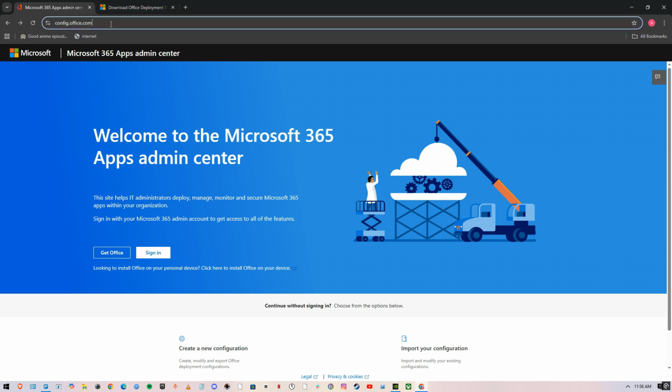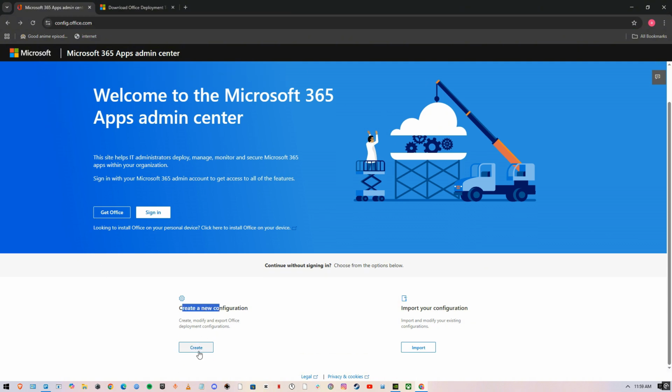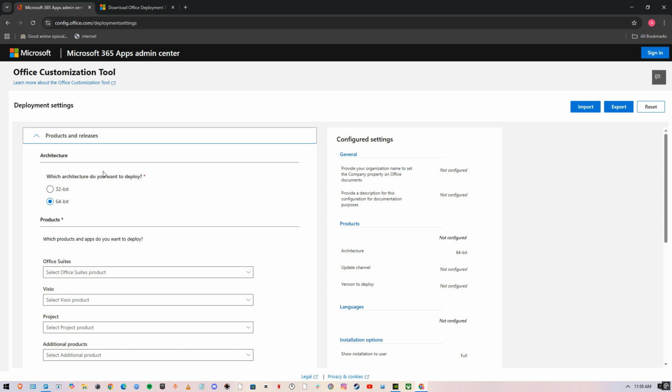first up you need to search up config.office.com, and right over here you just gotta scroll down and then you gotta create a new configuration. Just simply press on create, and then right over here you gotta put in your architecture. Depending on the device, if you're on 32-bit, just choose that, but most devices are now on 64,